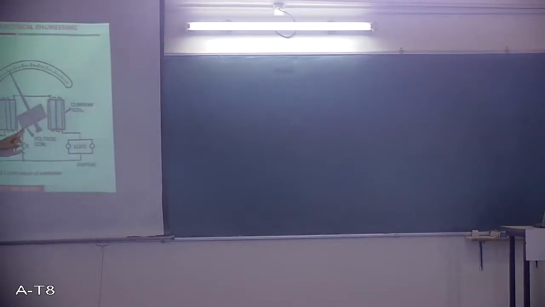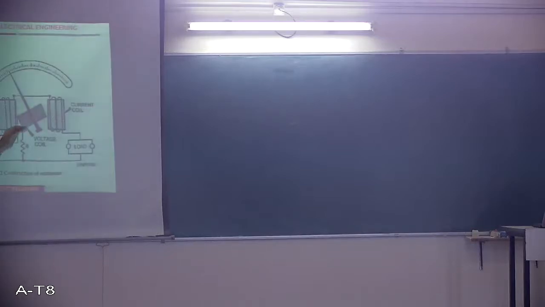current through this moving coil is limited by a high resistance. So you can see here some external resistance is also connected in series with the moving coil, which will limit the current. So very small current will flow through the moving coil, so that the current consumed by the load will remain almost the same. If this offers a very small resistance, naturally most of the current would have been diverted through your moving coil, isn't it? That should not happen.